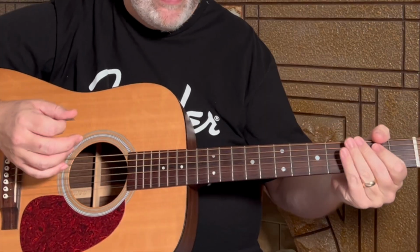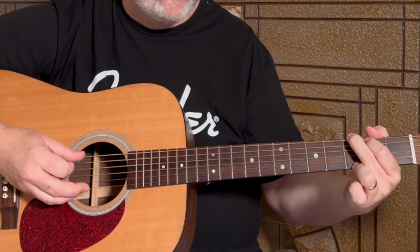We're doing a bass, bass, down, down, up. Bass, bass, down, down, up. And what do I mean by bass, bass? It's going to depend on the chord. So the G is the first chord we're going to play. That's a 6-string root. So bass, bass on this chord means 6, 6,